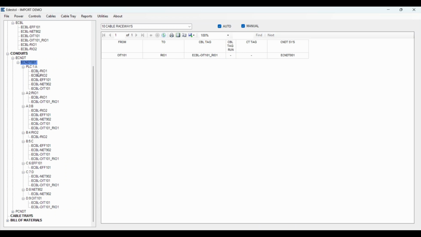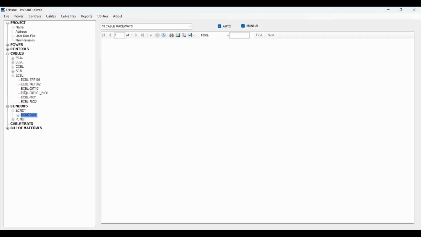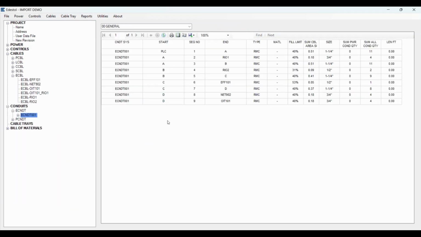So your eConduit system 101, let's click on that, now has the same number of 9 segments, but now rather than 11, 11 didn't get to the top, right? It was 2 and then 9, so now you added 2 for every segment that the new